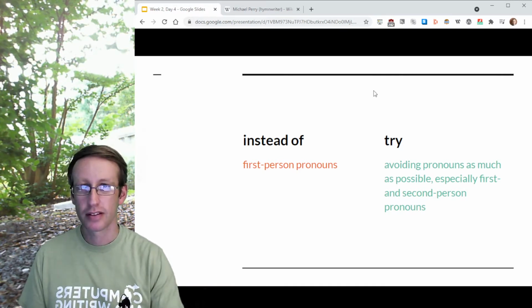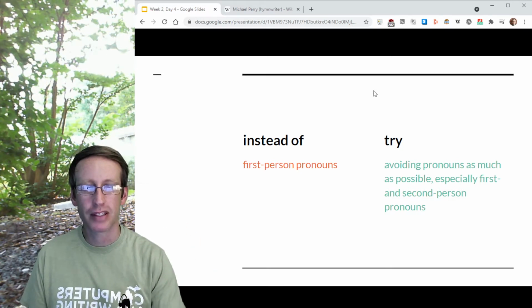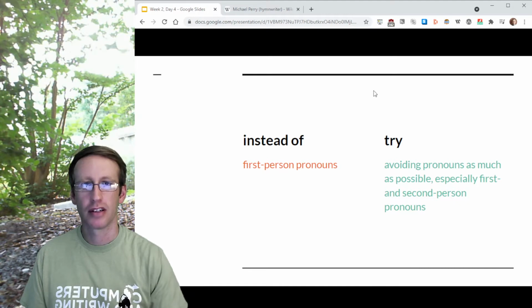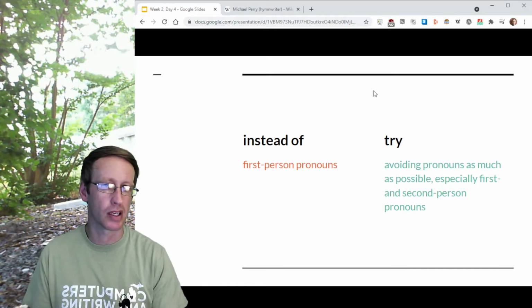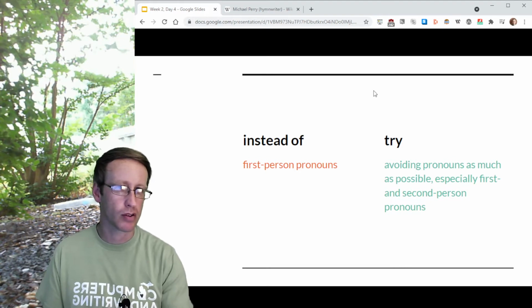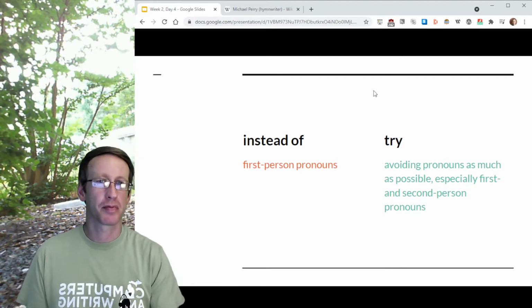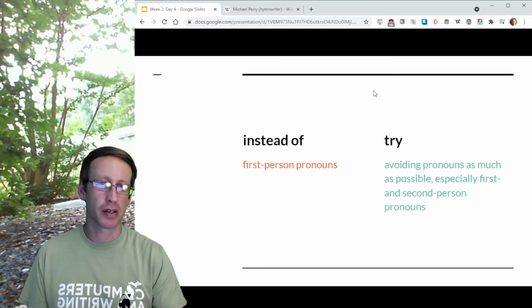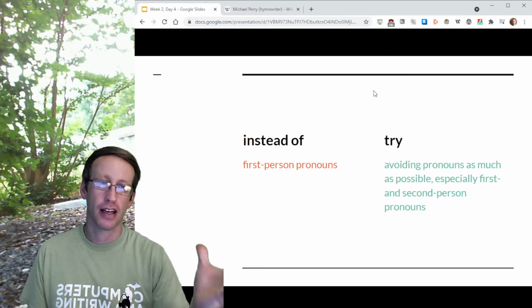What you're trying to tell me in this article is the truth, not what you did. When you use first person, you implicitly make yourself a character. You make yourself a point of view. You become part of the story, but that's not what we want to do here. We just want truth. We don't care who you are. I mean, I personally care who you are, but as a reader of your article, we want to address the reader who doesn't know who you are and doesn't care, but just wants to know, is it true or not? And that's what they need to see.